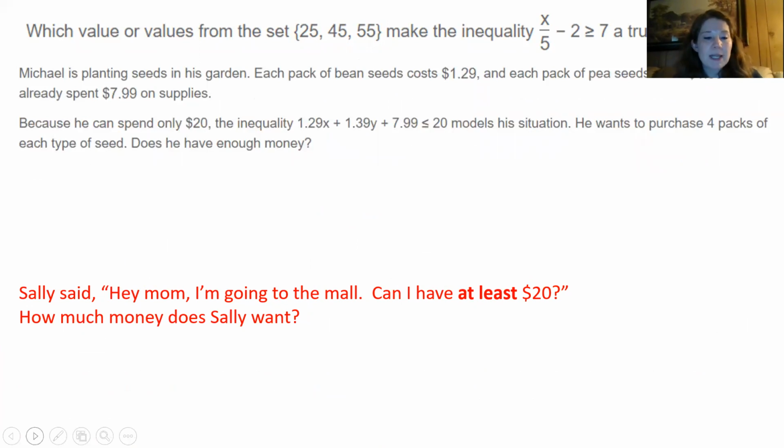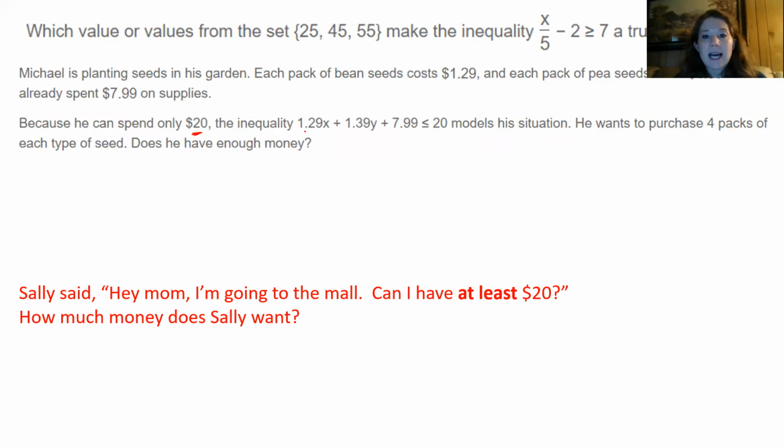All right, Michael is planting seeds in his garden. Each pack of bean seeds costs $1.29, and each pack of pea seeds costs $1.39. He has already spent $7.99. Because he can spend only $20,